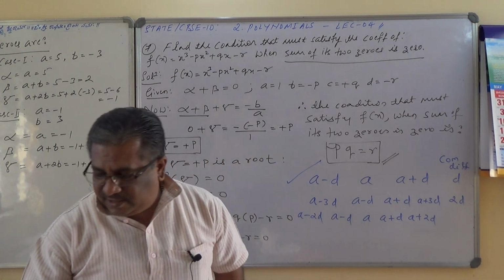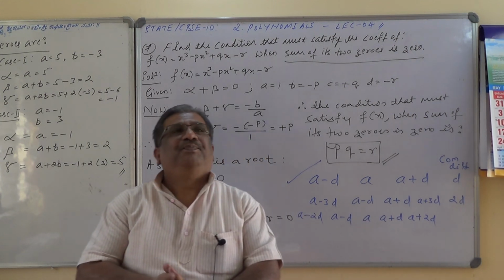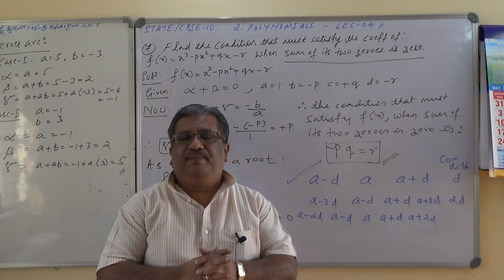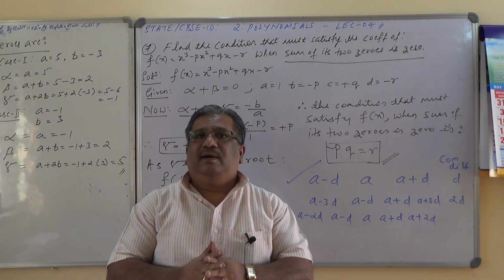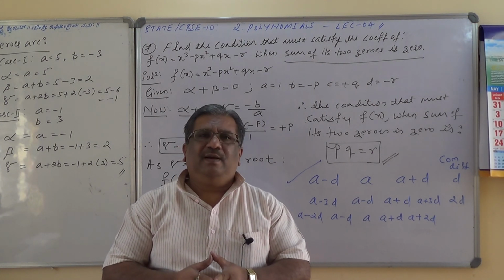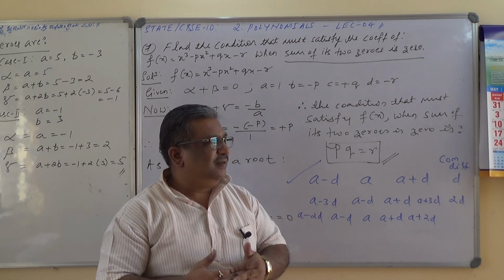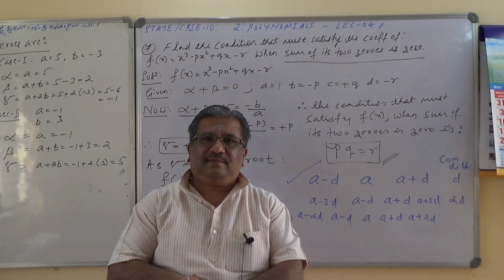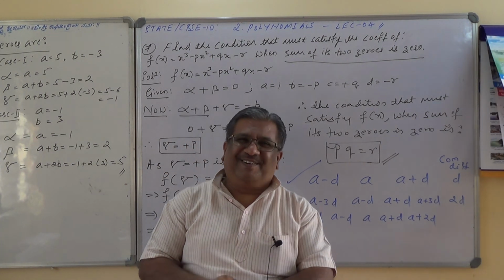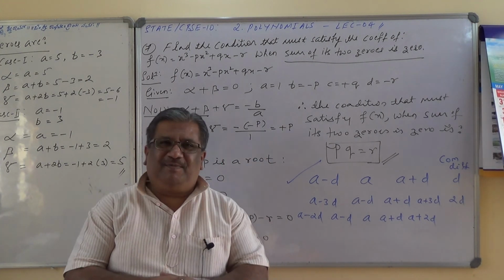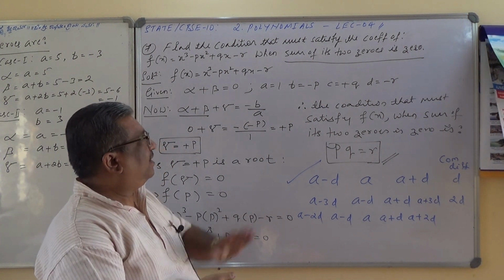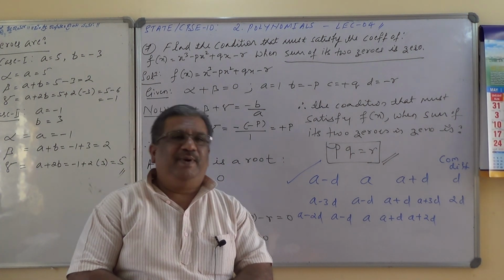Okay. So I think I have taken enough numericals on cubic polynomial, establishing the relationship between coefficients and the zeros, and the next section will be, what is the next section? Next section will be, what is that one? What is a division algorithm? I have forgotten that one. Next section will be the division algorithm for polynomials, which we will take. Okay. I think you can note down this sum also. We'll meet you in the next lecture.